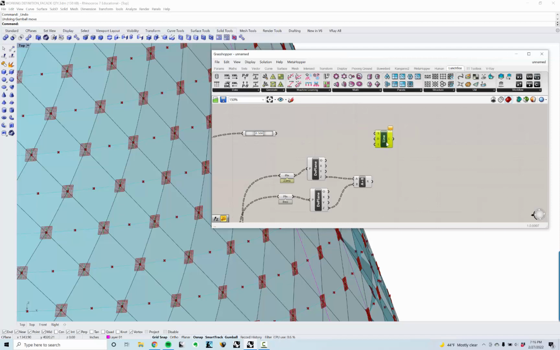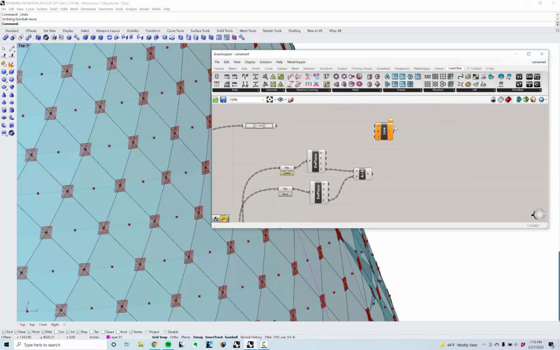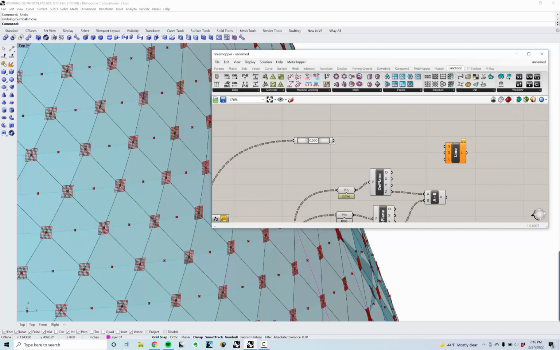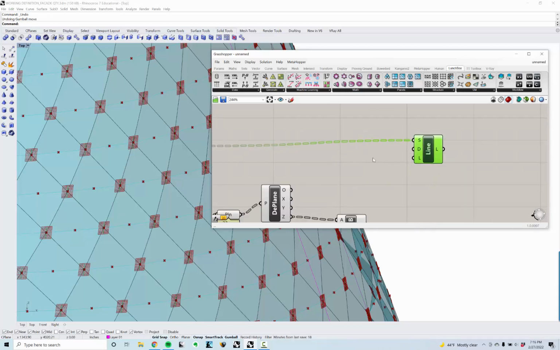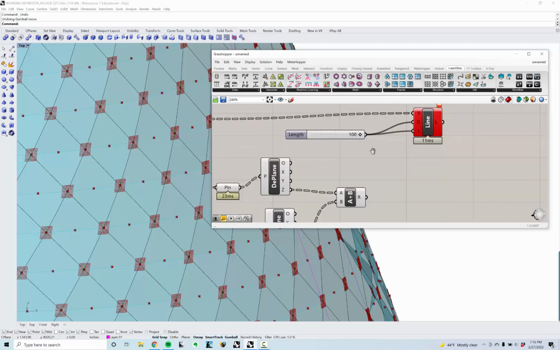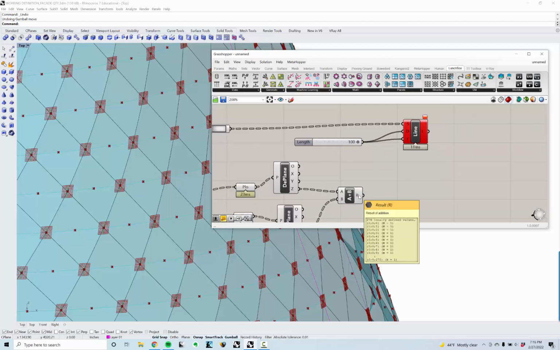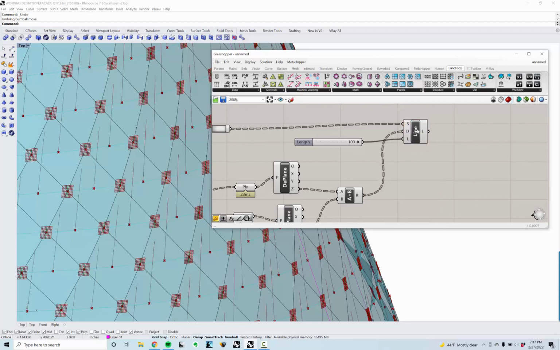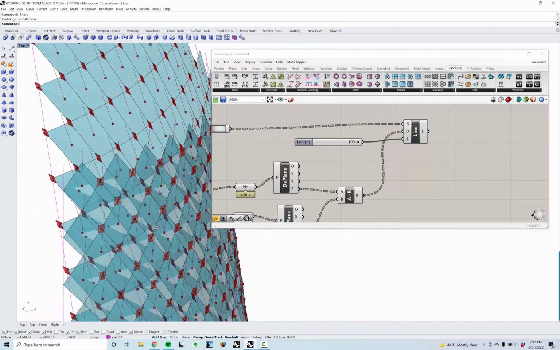So I'm going to use the line SDL. So the line start is here. The distance I'm going to put on a slider between 1 and 100. So I'm just going to hit slider equals 100. I'm sorry, that goes into the length. And the distance, if you look, this is actually providing a vector to us. It's not providing just a single number. So I can pull this into direction, and it gives me